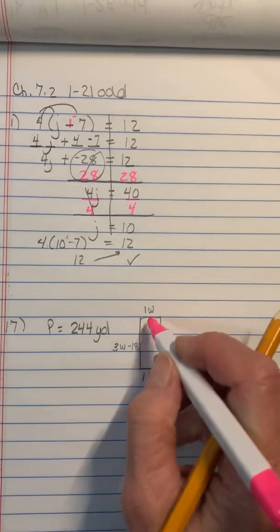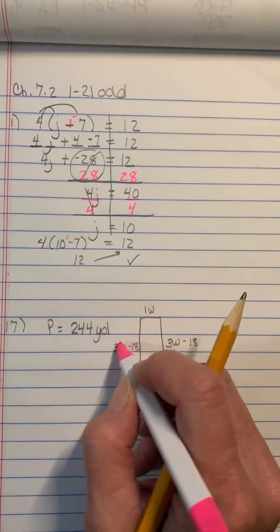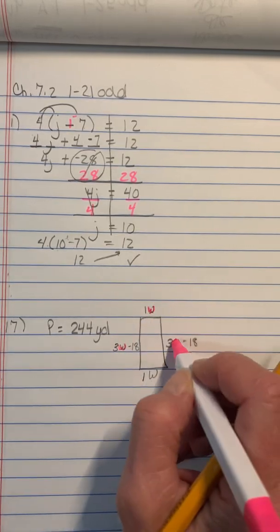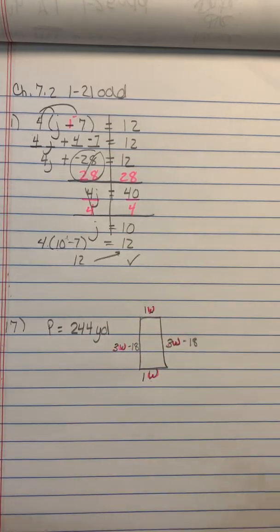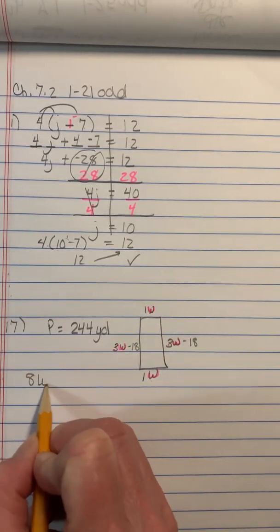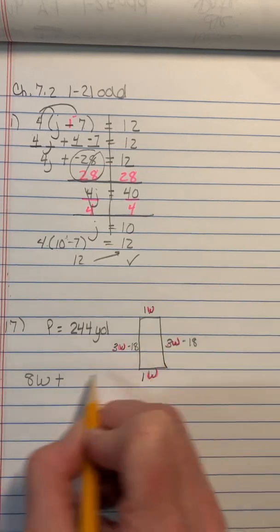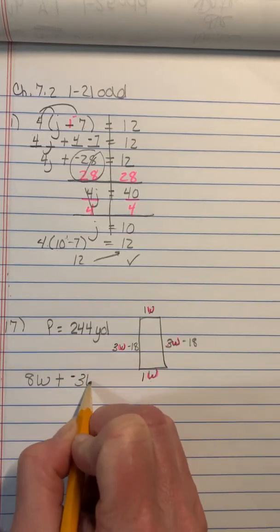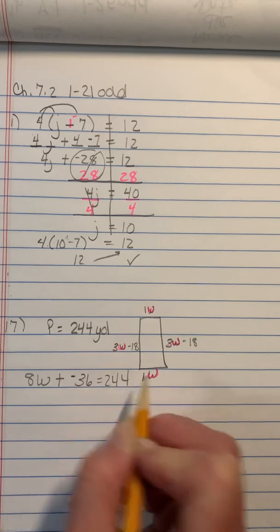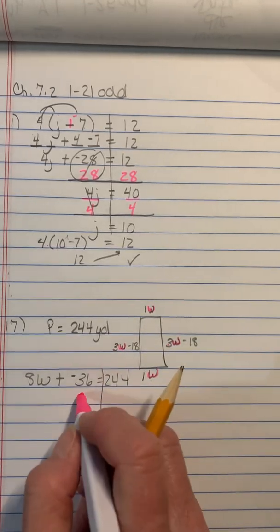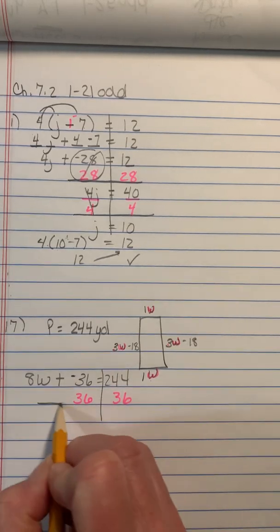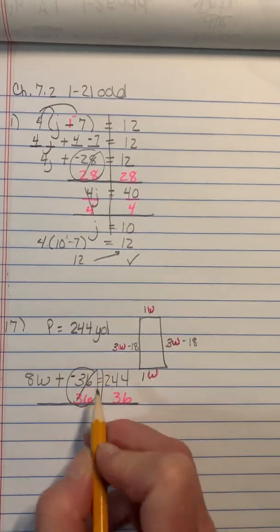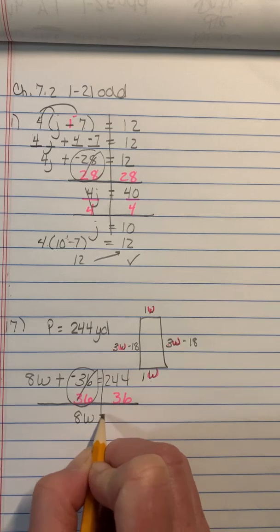And then remember, perimeter is going all the way around. So I'm going to put all these w's together. So I have 3, 6, 7, 8w. I have 8w plus 18 and 18 is negative 36 equals 244. Additive inverse right here, add 36 to both sides. There's your additive 0. Additive inverse, 8w is equal to